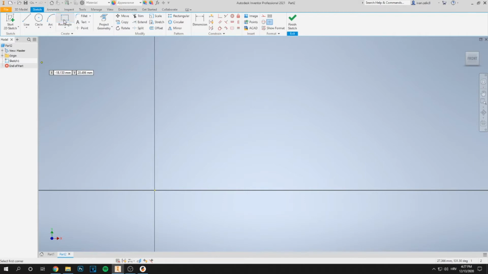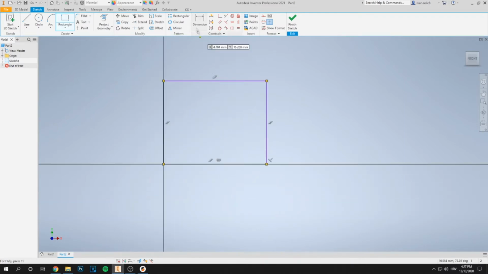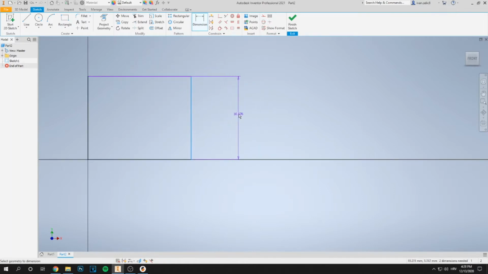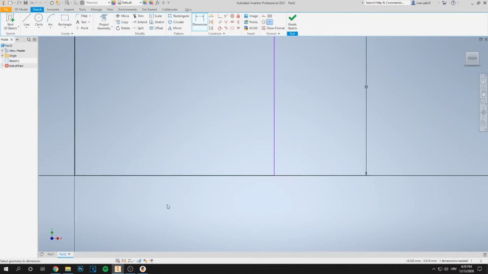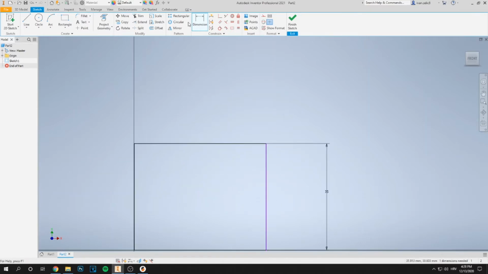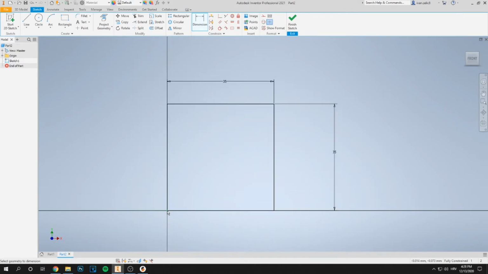Then you can use the rectangle, 2-point rectangle, and just make a rectangle. Then go to dimension. So this part you're gonna have to choose your dimension for the heart. Mine is gonna be like 35 times 35. Now that that's set,